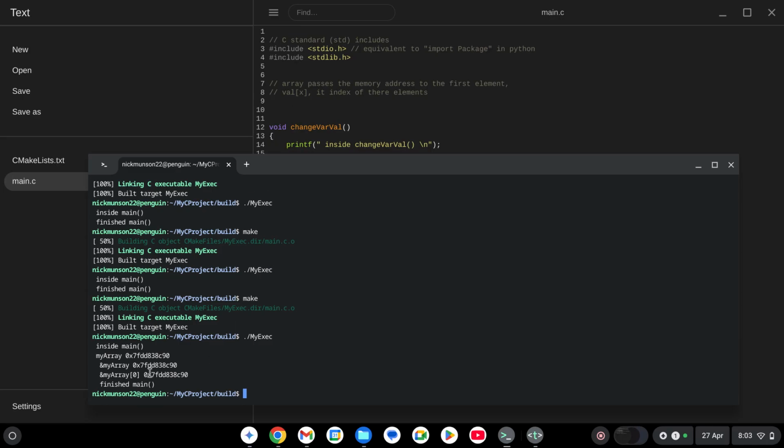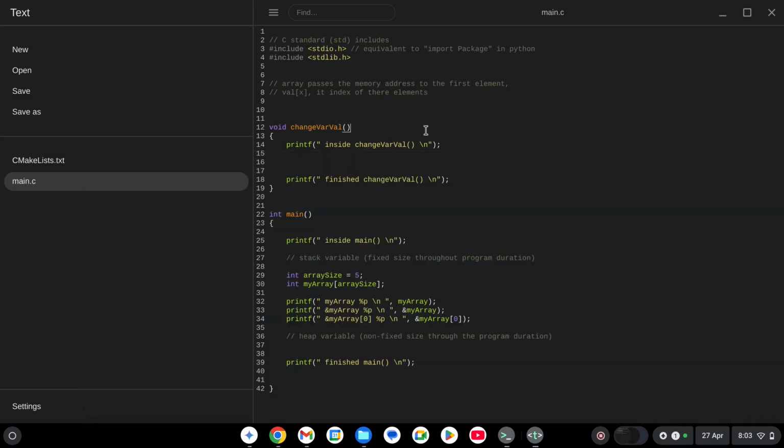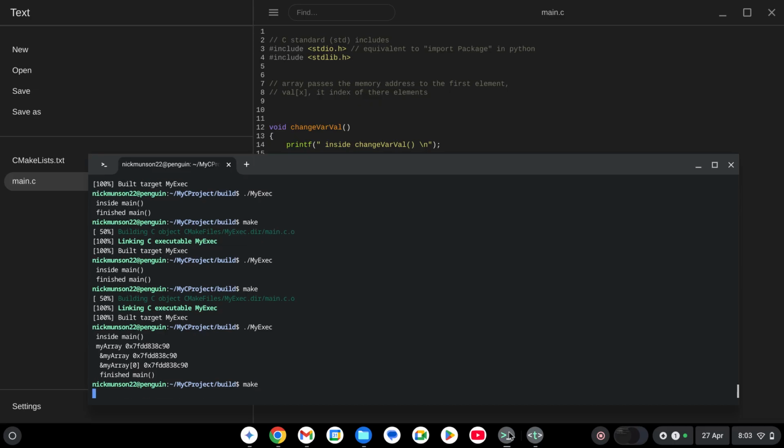So if you look at this, these are all the same value. So what does that actually mean? It means that my array is actually a pointer to the first element of the array. So the array is basically a pointer with the first element being at the memory address of the first element. So now if I look at the memory address of the second element, which is index 1,